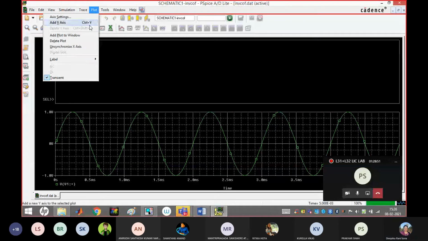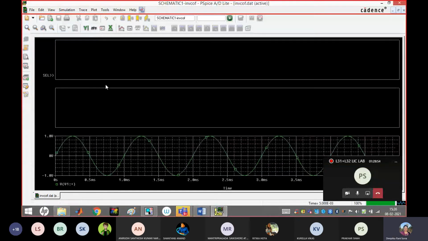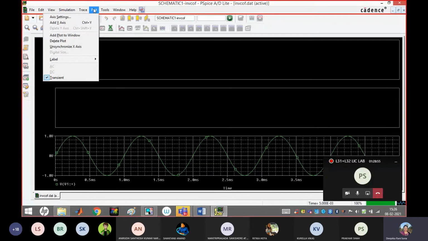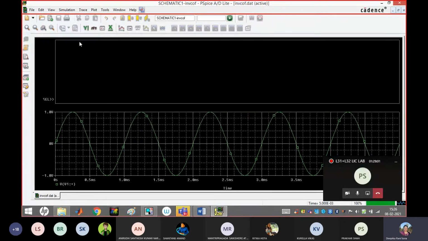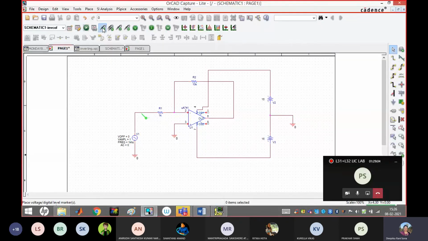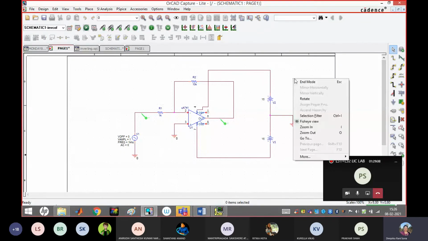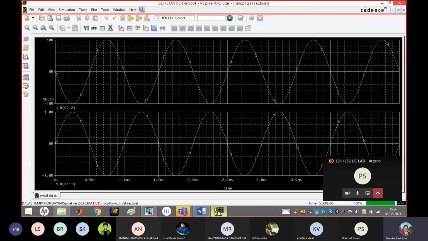Plot, add plot to window. If you want to delete, you delete plot. Just connect the probe to check the output. Don't run it. Just see from the simulation graph. That's all, and the same procedure we have to repeat.